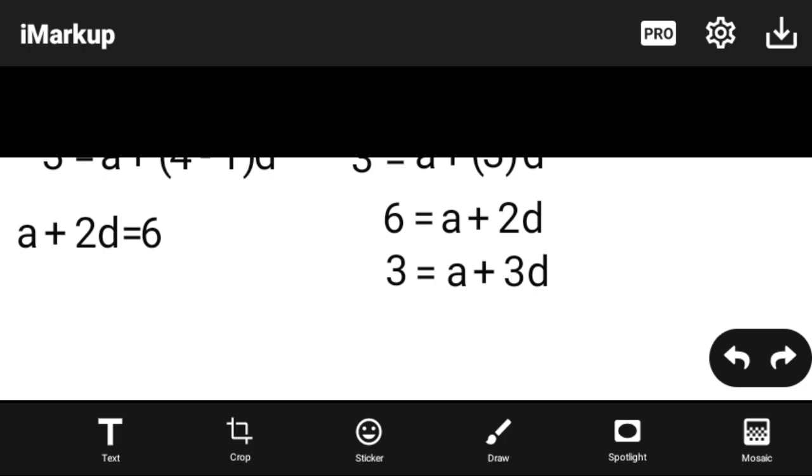Then the 6 will go to the right side. Equally here, I'll move this other part to the left side, and the 3 will move to the right side. Then from there now, it means you have formulated the